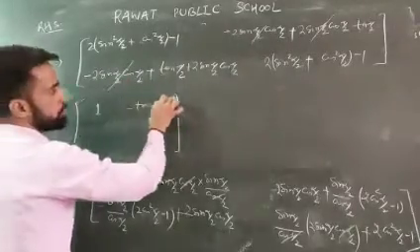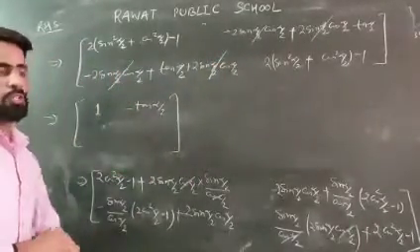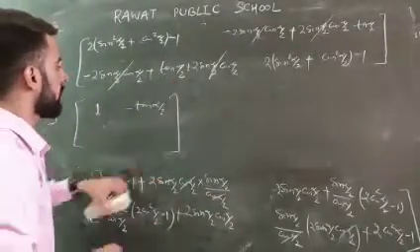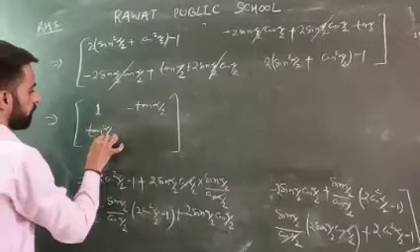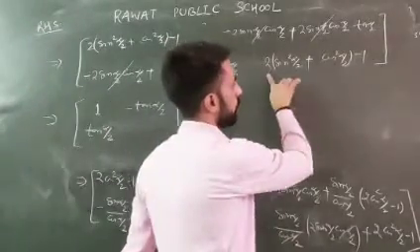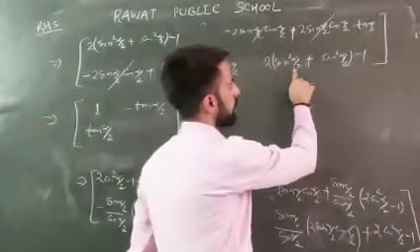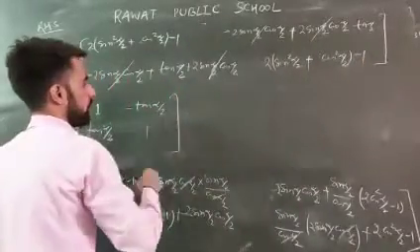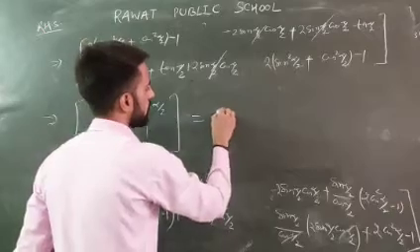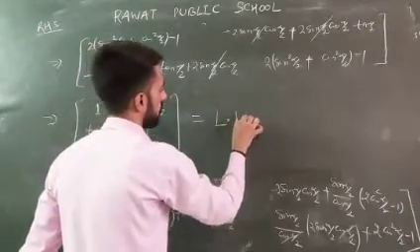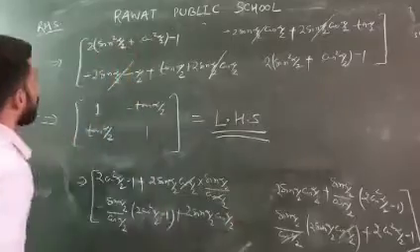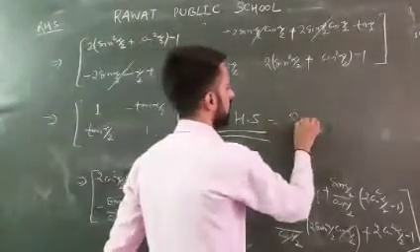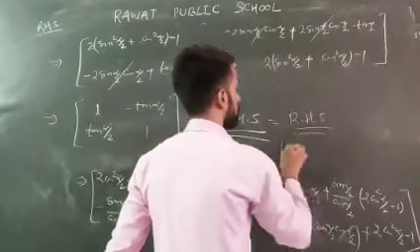2 sin alpha by 2 cos alpha by 2, 2 sin alpha by 2 cos alpha by 2: one is positive, one is negative, the result is 0. Cancelled. What is left? Tan alpha by 2. 2 into, this is again going to be 1, sin square theta plus cos square theta is 1, 2 into 1 is 2, 2 minus 1 is 1. What is this? This is our LHS. We were solving RHS and we got the LHS. So that means LHS is equal to RHS. We proved it.